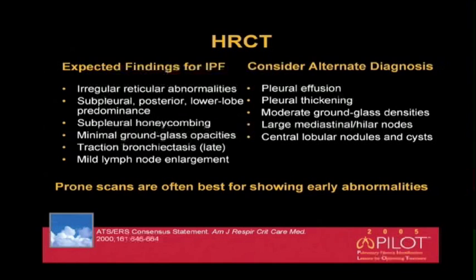When should you consider alternative diagnoses? Patients who have a pleural effusion, pleural thickening, patients who have ground glass opacities that are more than minimal, large mediastinal or hilar nodes, and centrilobular nodules and cysts. So with these other findings, you should consider an alternative diagnosis to IPF. Prone scans, by the way, are often best for showing early abnormalities, and I'll show you a slide here in